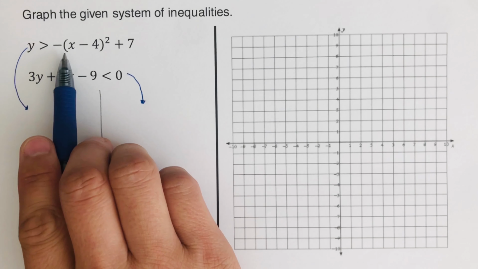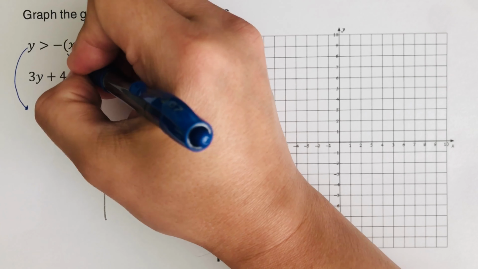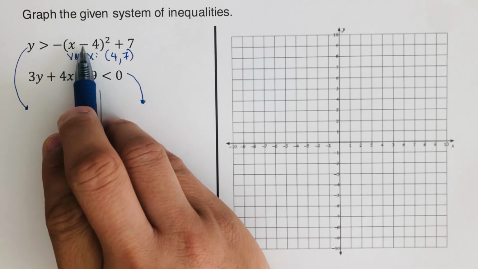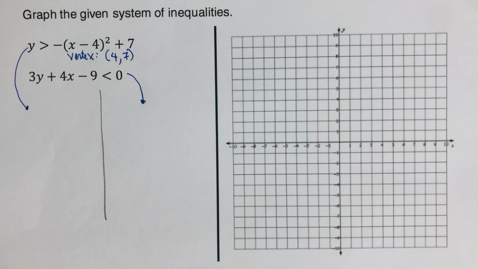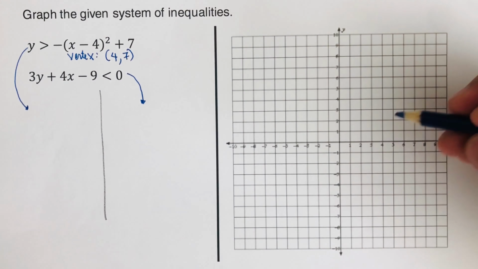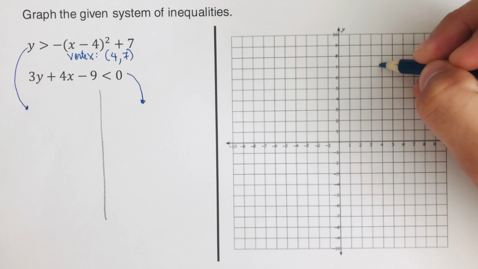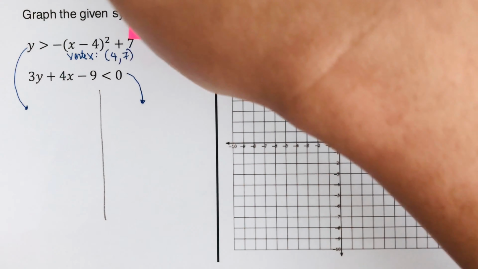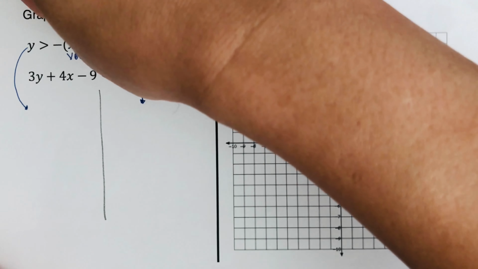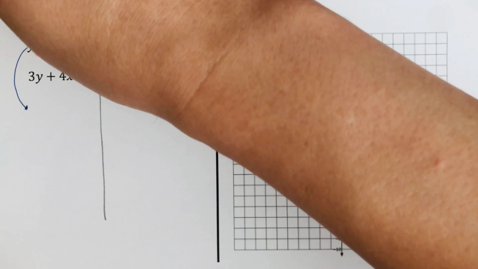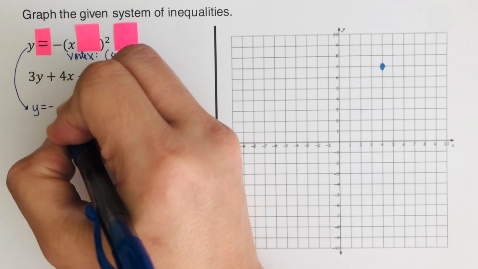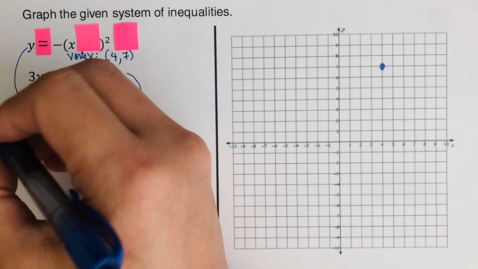Again, the first step that we're going to do here is to determine the vertex. So the vertex for this is at positive 4, 7, because we switch and keep. So that's at 4, 7. I'm going to write the vertex right here, 4, then all the way to 7. So that's the vertex. And then to determine the rest of the points, again, we remember we are going to cover the h and the k, and then we are going to change the inequality to an equal sign. So then the working equation that we're going to have would be y is equal to negative x squared. And from the vertex,